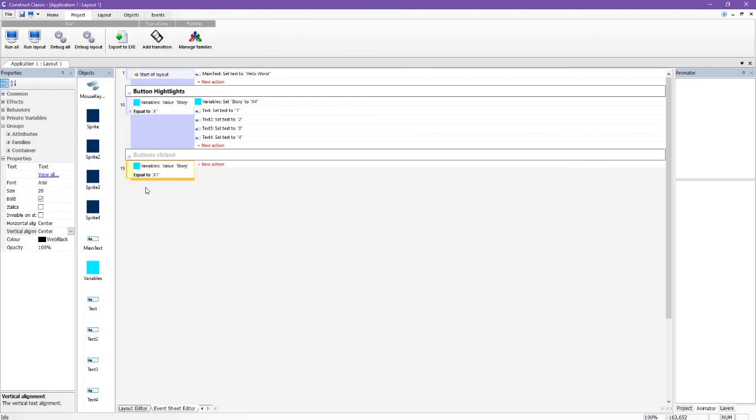And I think you can see where this is going. You're going to want one for x1, x2, x3, and x4. But right now the other ones, we're not going to do anything with them. If the variable's value of story becomes equal to x1,